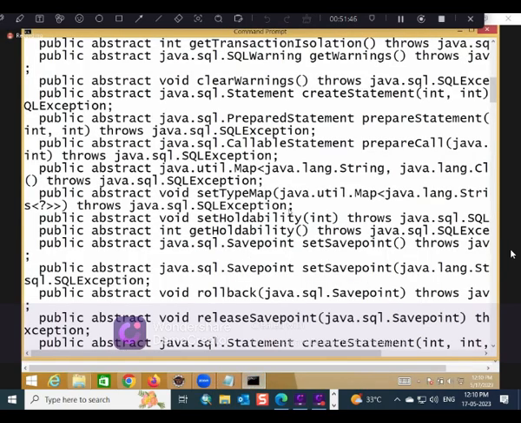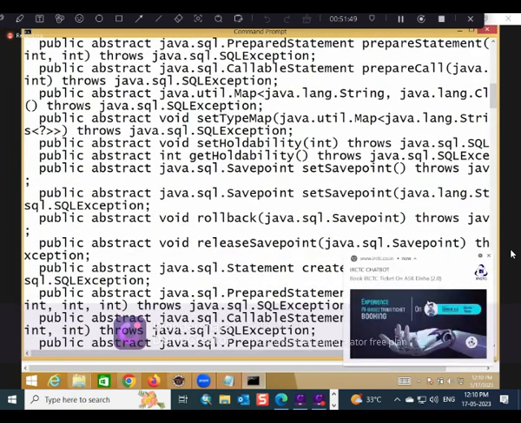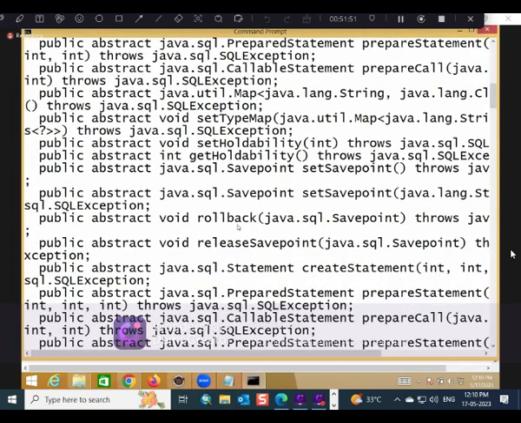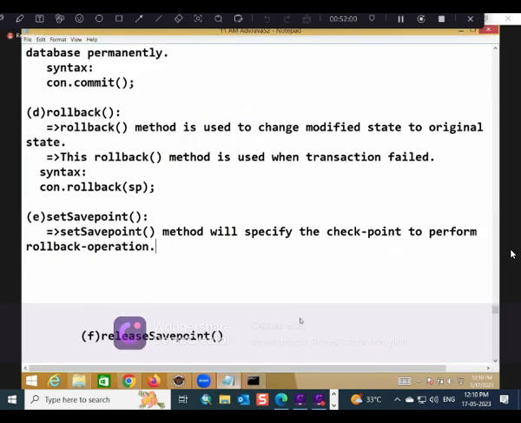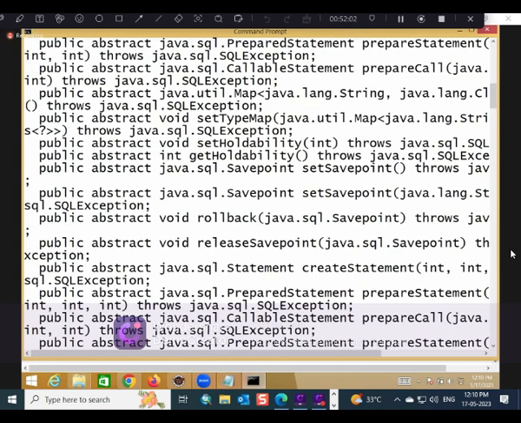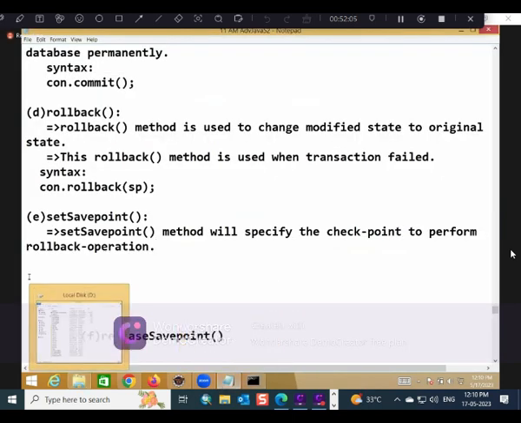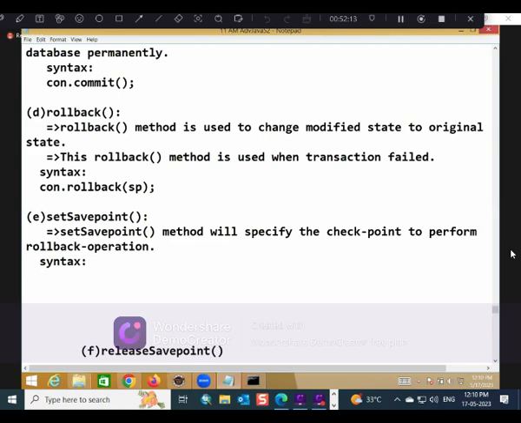Now, see there, savepoint. Can you see this savepoint here? The return type is Savepoint. You can take it like this. Two methods will be there. I am taking this one without parameter. Syntax: Savepoint sp = con.setSavepoint();